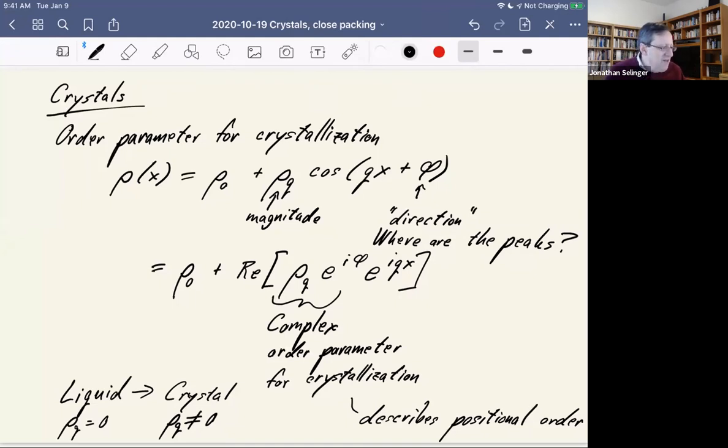Okay, so that has to do with making the order parameter for crystallization. And now is where I would ideally like to say, I'll design a little model like the van der Waals theory for the liquid gas transition, and make a little model that describes the transition from a liquid phase to a crystal phase. Unfortunately, there isn't really a nice simple model like that out in the literature. So I don't have a simple story to invoke.